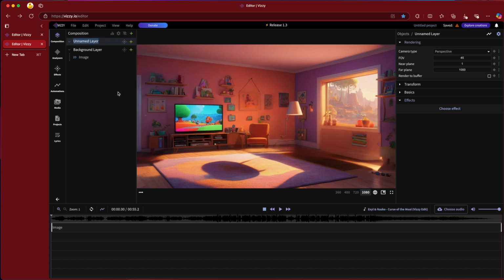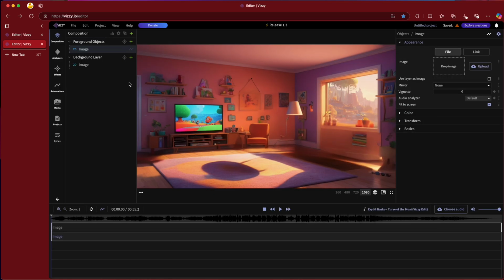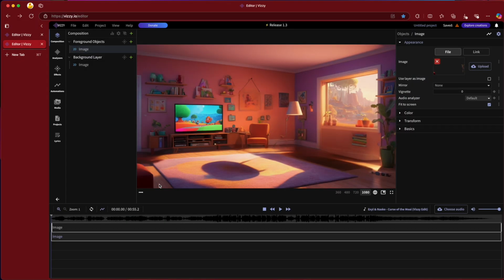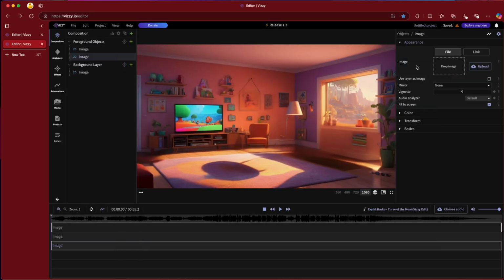Call this foreground objects. And here we want to add images for each of the foreground objects. Some of them are in the same image, like several of the things, the plant and this one, I just left some of them the same. But I wanted them to be able to jump at different rates. So there's a total of 7